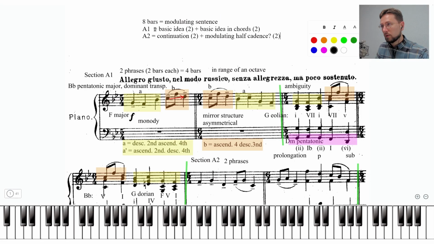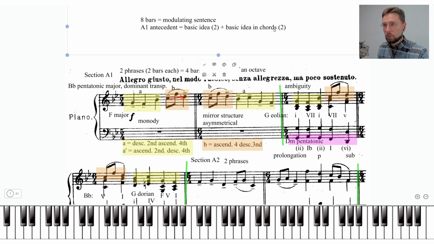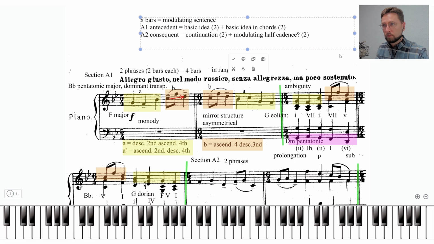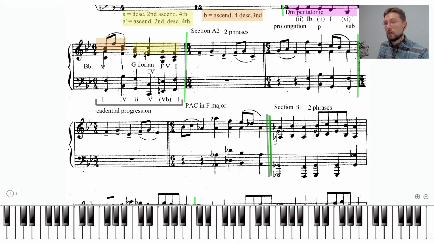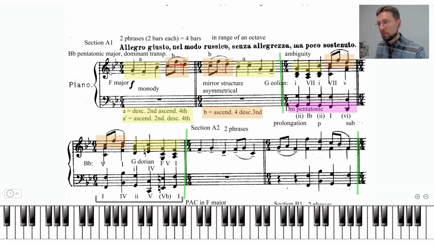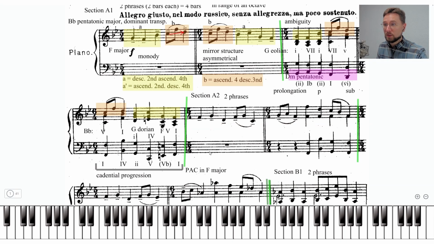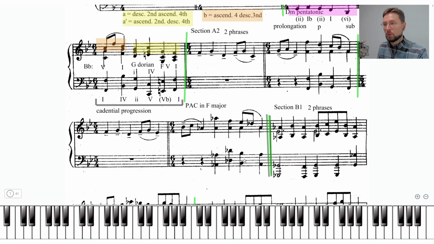So now we're in the second part of the sentence. So if the first part of the sentence is A1, that's the antecedent. The A2 is the consequent. What we're having with the antecedent and the consequent is a modulation to the key of D flat major. So that's extremely modern. If you think about it, the pieces in B flat, the first thing we had is a modulation to F major, and it sounds all like an F major or through these different modes. But the next bit is even more surprising because it doesn't go to F major, which is dominant, but it goes to the dominant of D flat major, right? So it's the half cadence